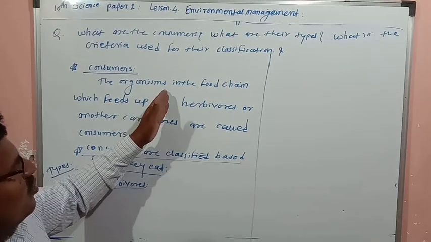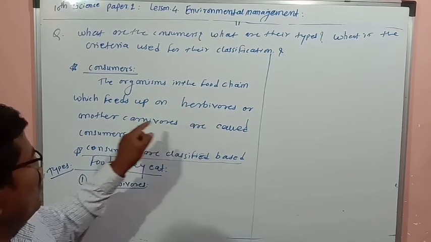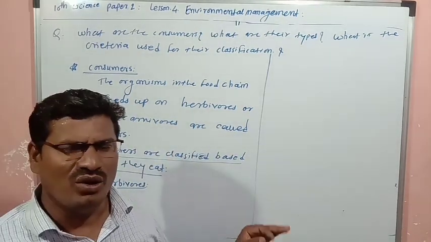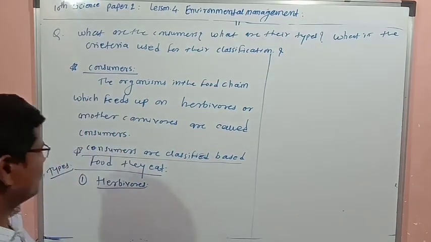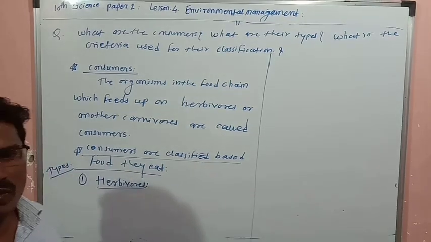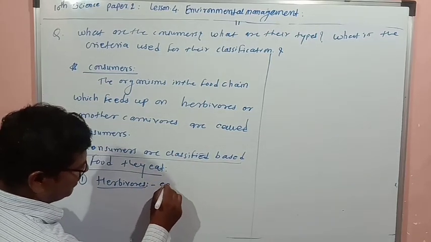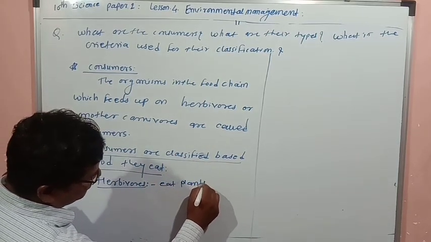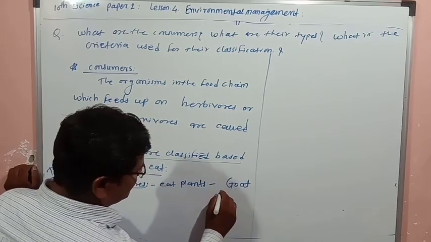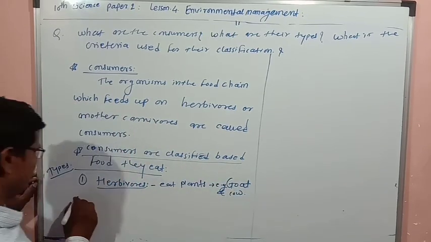So consumers are the organisms present in the food chain which feed upon herbivores or other carnivores or other living organisms. Herbivores eat plants. Examples are goat, cow, and buffalo. Then the second one is